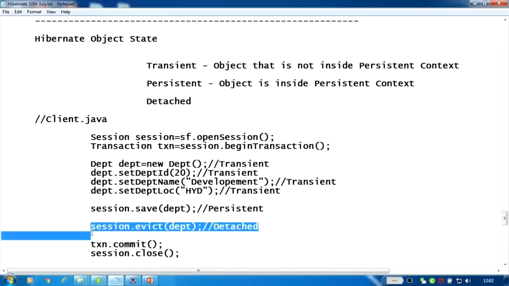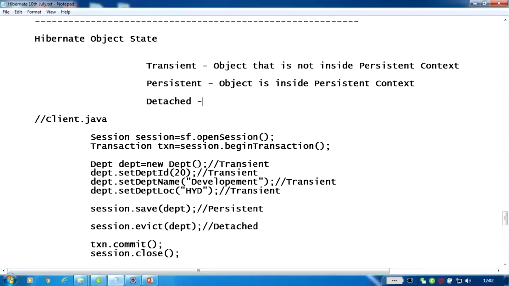Using the evict method, I asked the Hibernate API to remove the object from the persistent context. How do we define the concept of detached? Detached is defined like this: the object is not inside the persistent context,